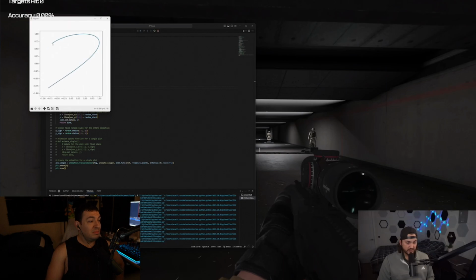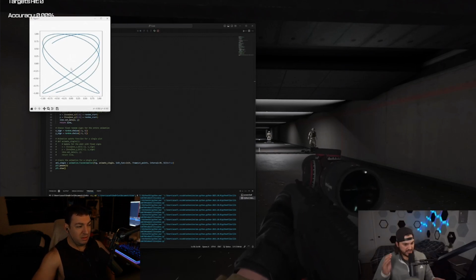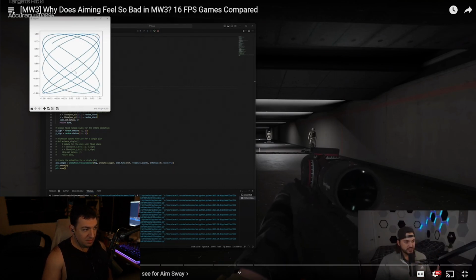So this one started up in the top left instead of in the bottom left. But how I think this could be changed is just make it always start in the center. So when you ADS, have the curves start essentially at t equals 0 with no phase shift. So if we change this code,